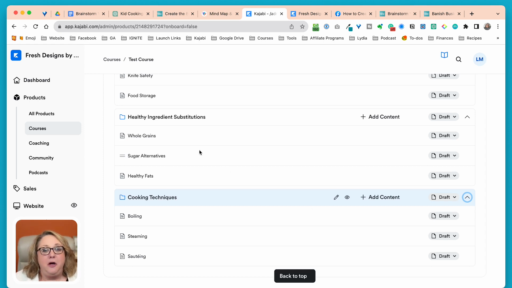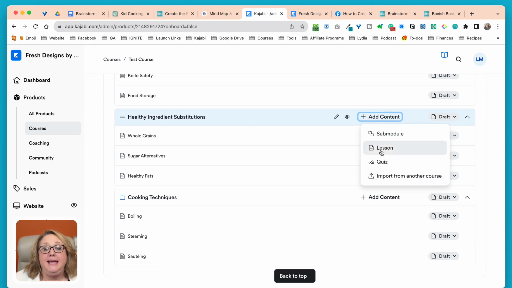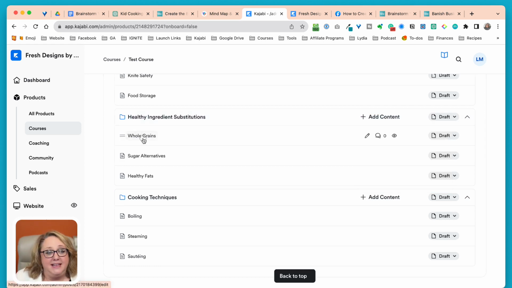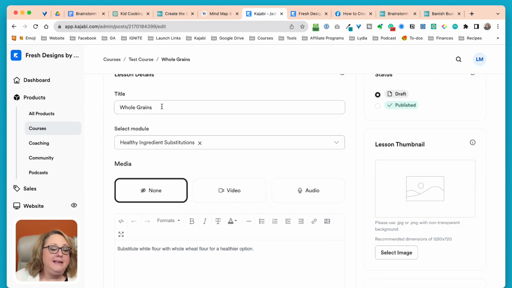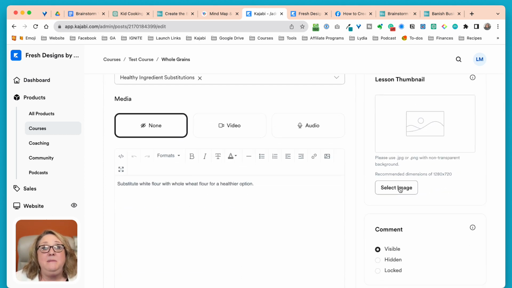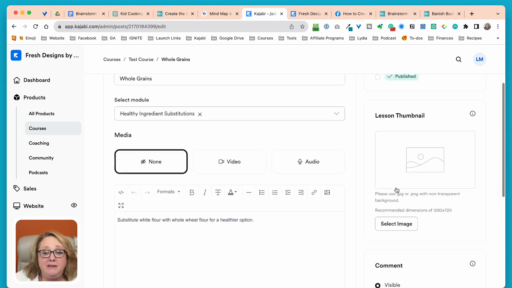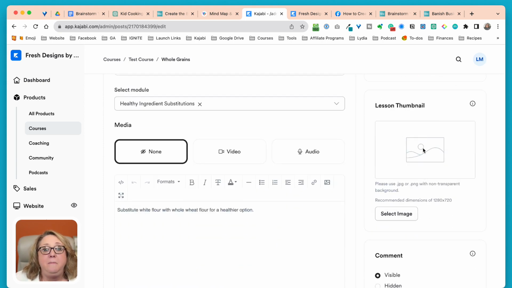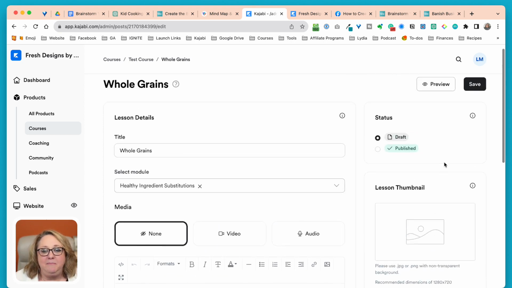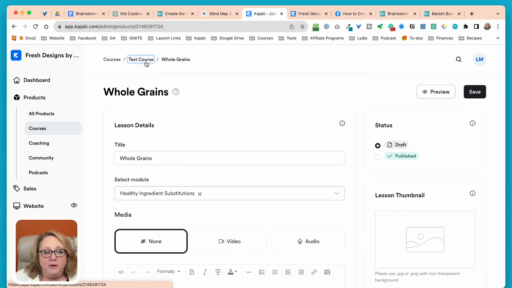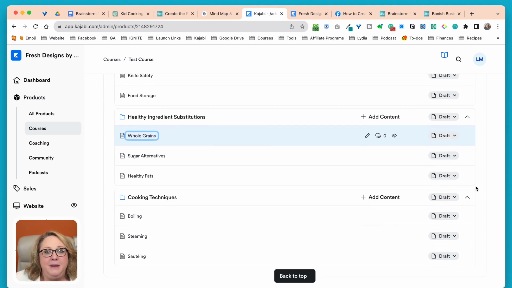It's that simple. So if I want to add another lesson, I click here and I hit add lesson. If I want to edit the name of this lesson, I click here, and if I don't want to call this whole grains, I can call it something else. You add images. Images make a massive difference on how your courses look on any platform. I recommend using Canva. It's the best in my opinion, and you can use the free version of Canva, but you can upload a little thumbnail here that just says introduction. It can say module 1. It can say lesson 2. It can be a very generic, simple image. And just by doing those few things, you are going to be able to generate your course.